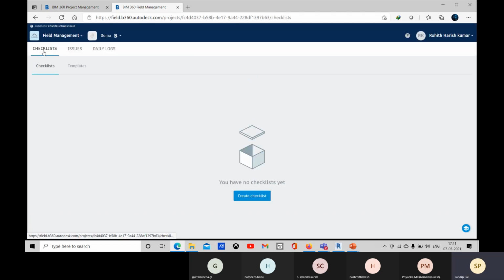And there you can create some checklist. So whatever is going on the site, is it as per the design or not? You can create the checklist and you can send it to the office. You need to do that when you are executing at the site, and you need to send information to the office, and all the things are going properly as per the design or not. That things you need to create. So that is your checklist. You'll be providing it to the office.